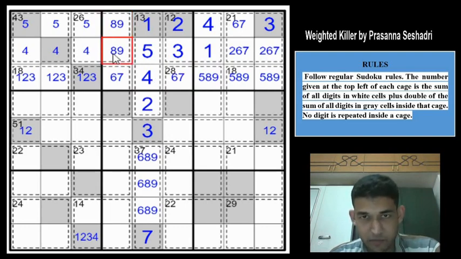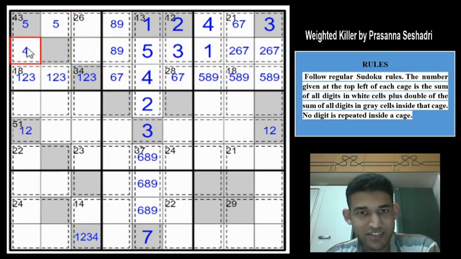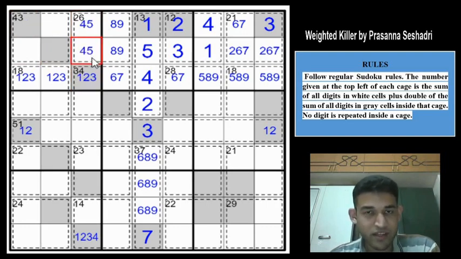And we have 17 here, we need 9 more here. There are no gray cells, so we can add them just like that without doubling their values, I mean. So you need 9 more from here without the 1, 2 and 3. Okay, beautiful again. So without 1, 2 and 3, the minimum possible values in these two cells will be 4, 5, and that gets you to a total of 9 already. So plonk, those are the two values there. So 4 is here, so this will be a 4 and this will be a 5, and this must be 6, 7, 8, 9 in some order, right?